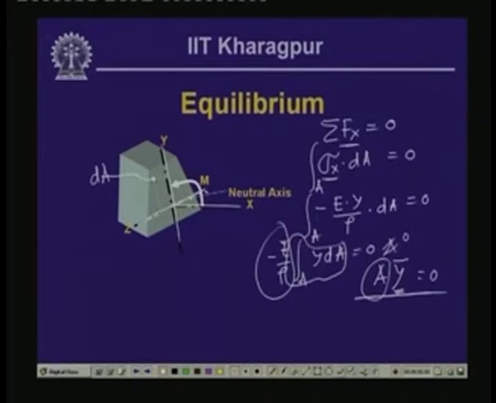That can happen if the centroid of the cross section matches with the origin, only then is the y bar of the whole area equal to 0. This signifies that the z axis must pass through the centroid of the beam. Also, if y equals 0, then from the expressions of strain, minus y by rho, and stress, sigma equals minus E y by rho, both the strain and the stress are 0 when y equals 0. That means at this particular point the strain and the stress are 0, and